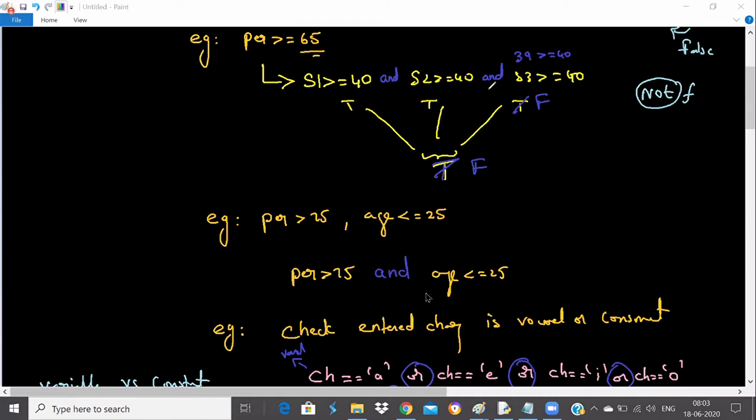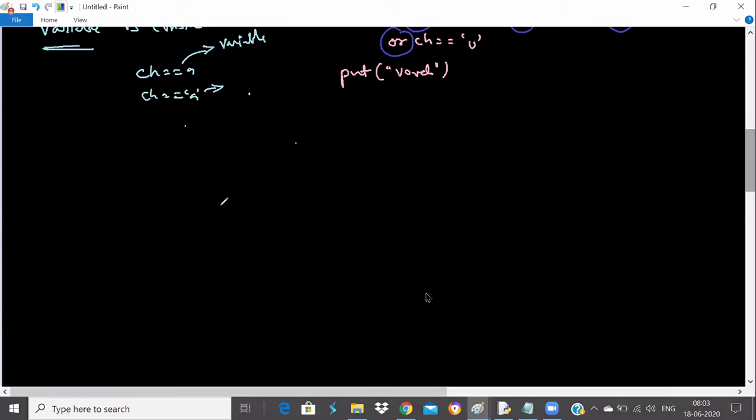The only thing is the operators changed. Instead of double ampersand, we use and here, and instead of double pipe symbol, we use or here. Otherwise, the usage and the examples I took will be the same in other programming languages as well. Now let's talk about the next point here.